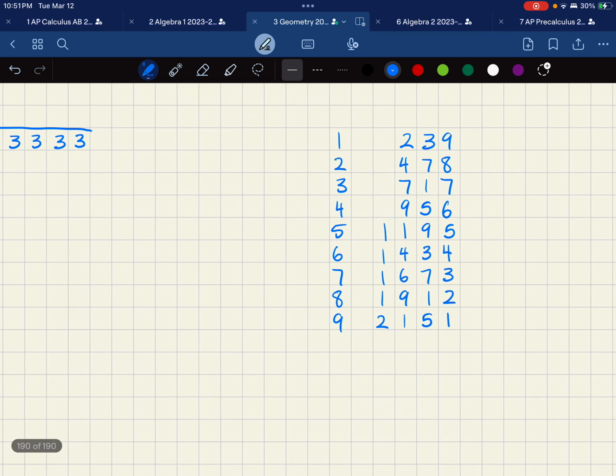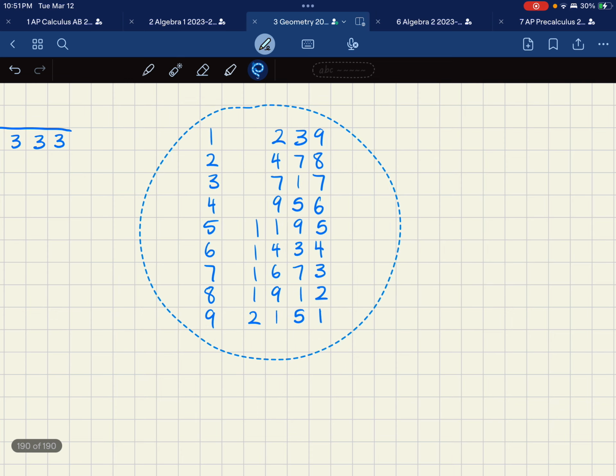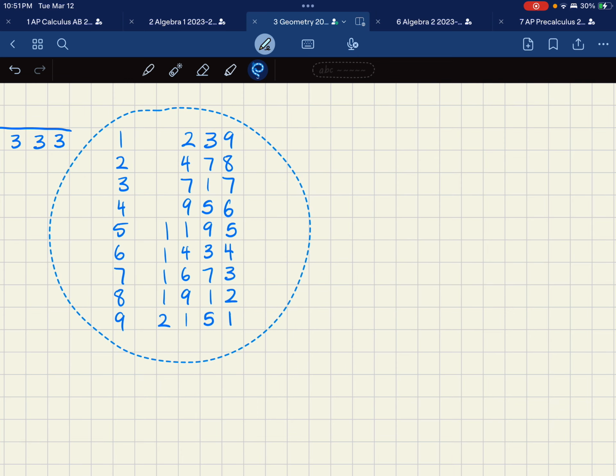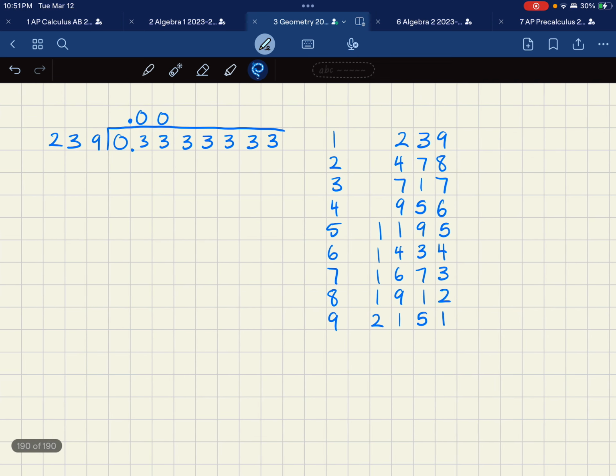For now, you're going to go right there. There's one copy of it, and that's 239, and if I subtract, what is that going to be? 94. So if I bring down a 3,